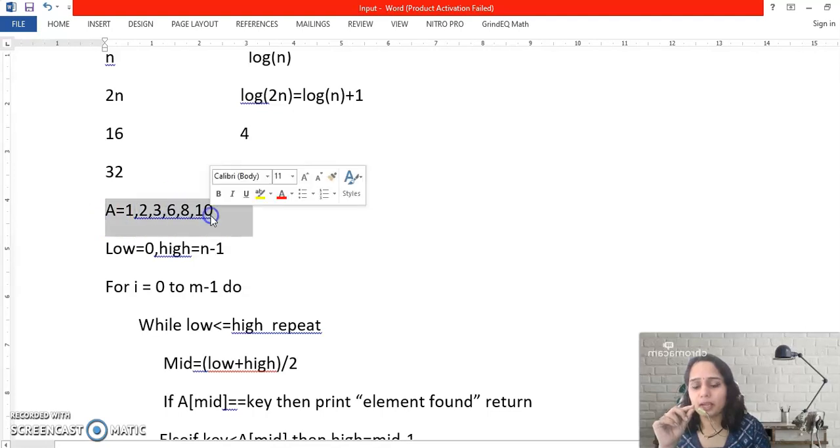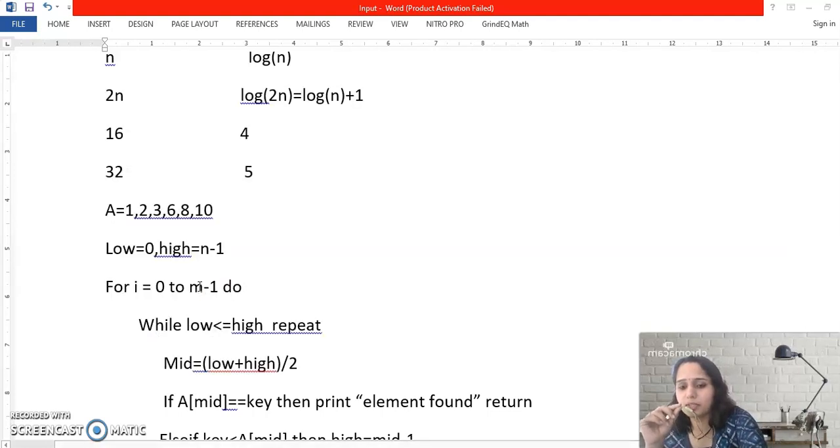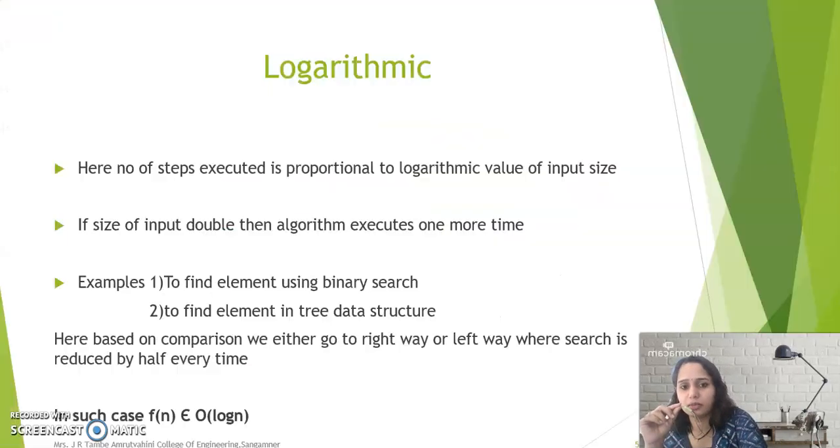If I have this array A, what is the example of this logarithmic programming construct? When we have a task to find an element using binary search, or we have to find an element in the tree data structure. Now remember, as we have already discussed in the divide and conquer strategy, in case of binary search or in case of the tree data structure, depending on the comparison, we are either going to the left half or we are going to the